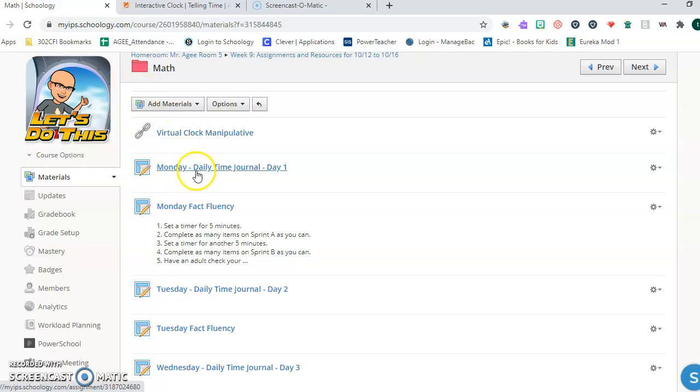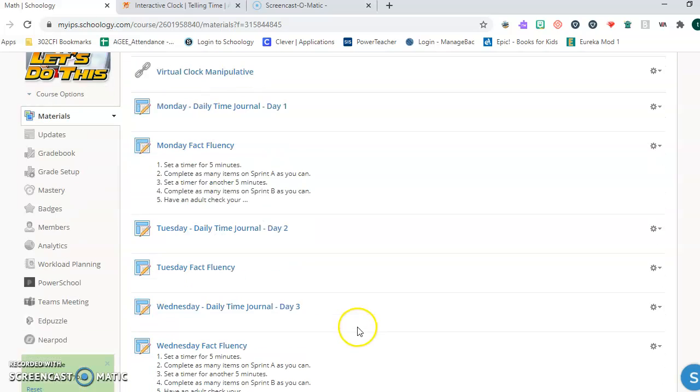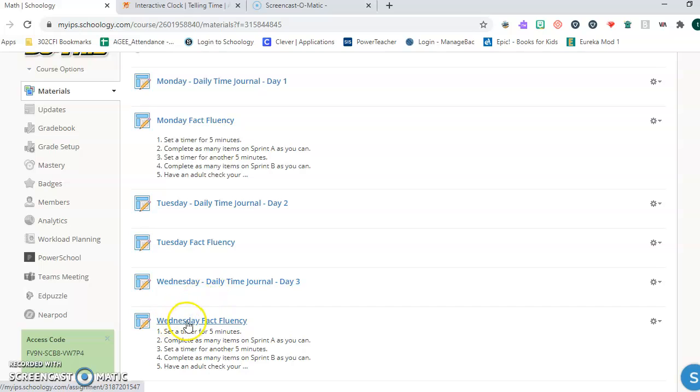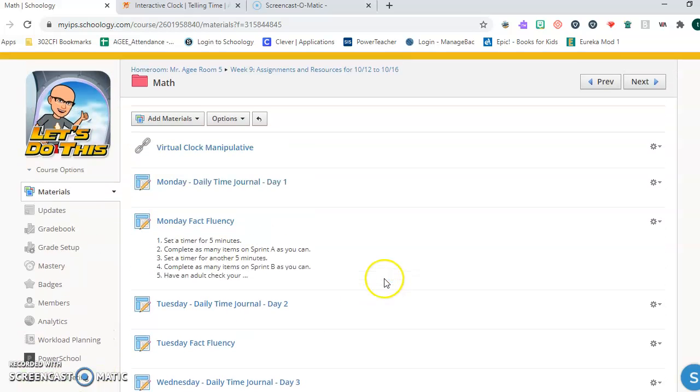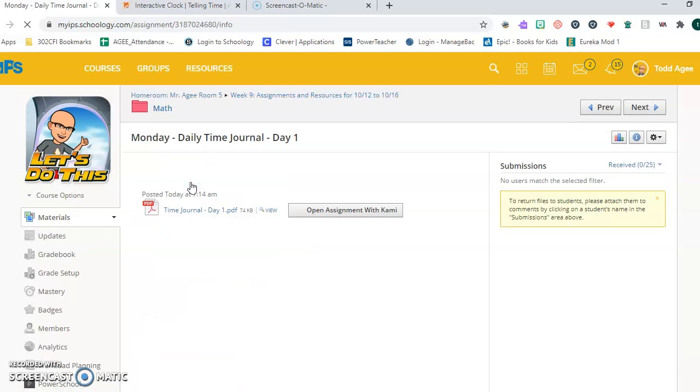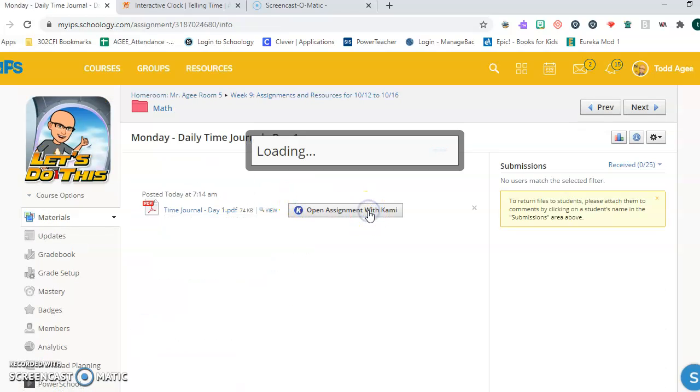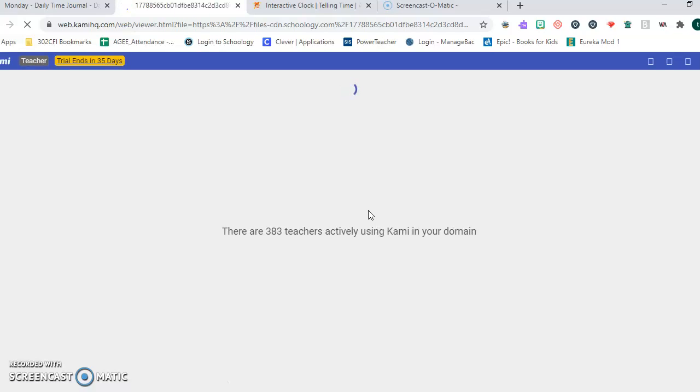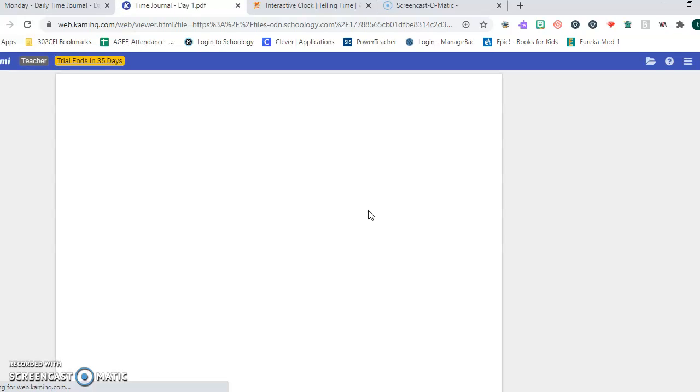But the daily assignment is a time journal and a fact fluency page. So you'll see Monday time journal, Monday fact fluency, Tuesday time journal, Tuesday fact fluency, Wednesday time journal, Wednesday fact fluency. So that is your daily work in math. So we'll click in and I'll show you what you have to do. You'll open the assignment with Cami as usual. And once you've got the assignment up and open, you can see